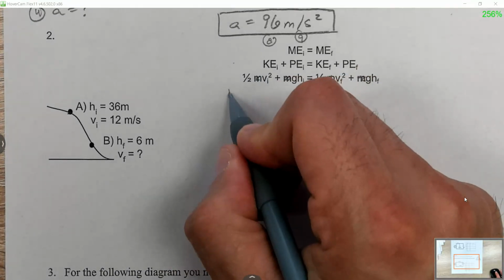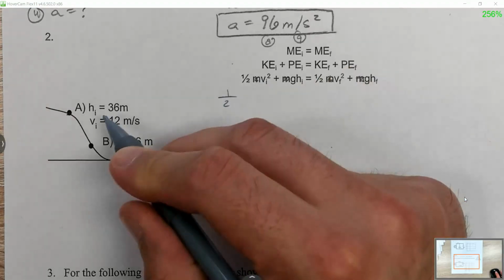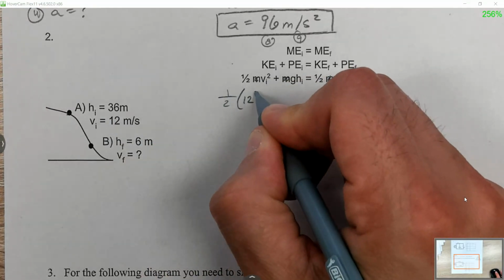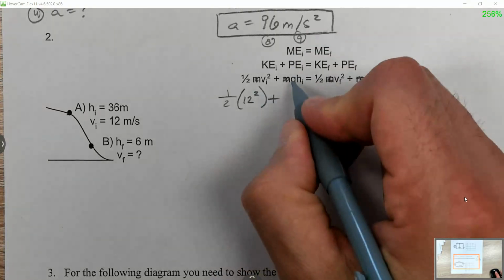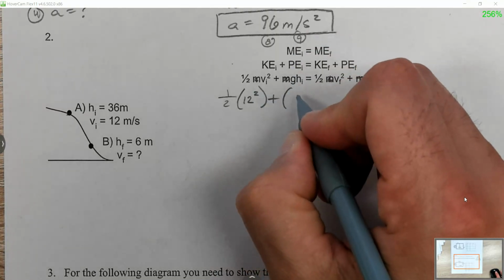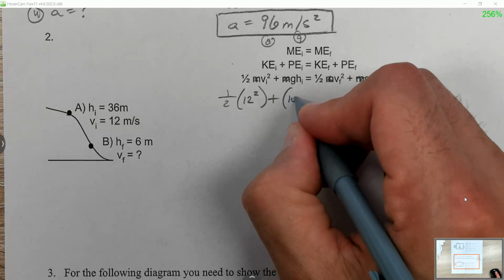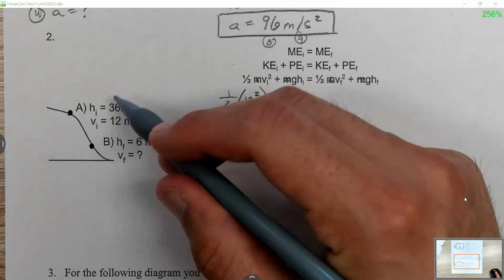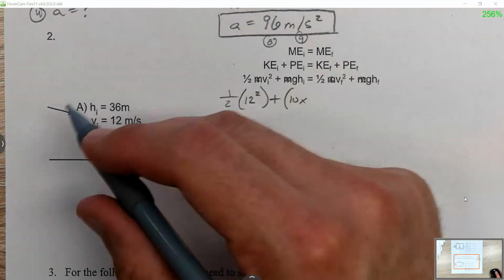Everything else, though, we need 1/2 Vi, and Vi was 12, so you have to do 1/2 Vi. Now, it's squared, you must square it, so we're going to write it out like this. Bring down the plus sign. Now, for our class, g, gravity, if you don't remember, we use 10 for that value. Multiply that by our initial height, hi, which is 36,